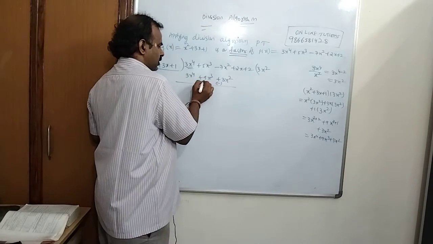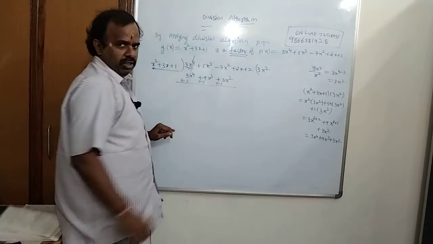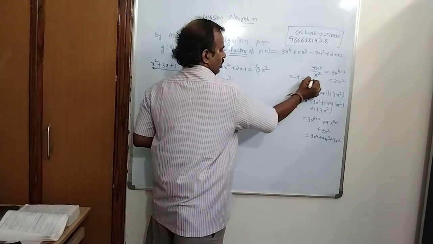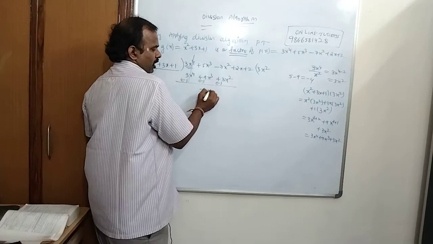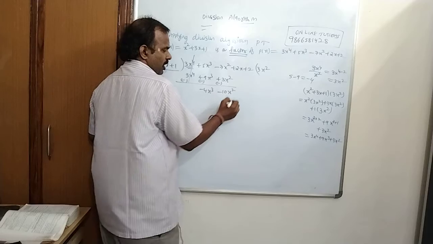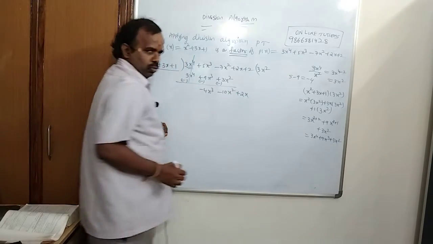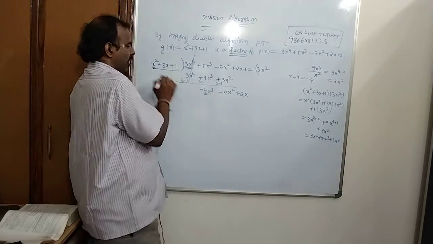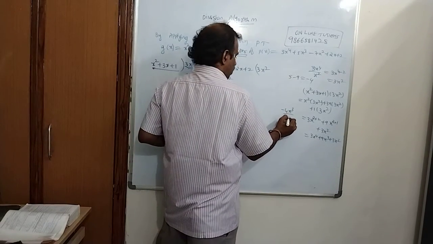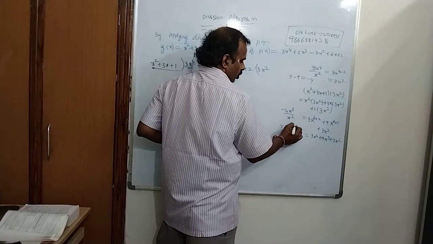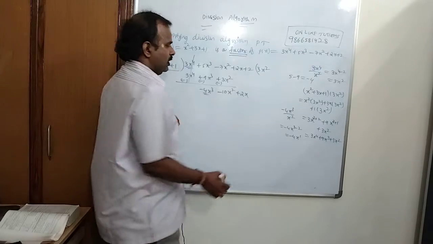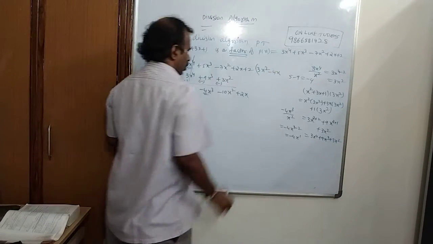So this is minus and this is minus. These two will get cancelled. Now 5 minus 9 is equal to minus 4. So minus 4x cube, minus 7 minus 3 is minus 10x square, plus 2x. So minus 4x cube and x square. Once again you divide minus 4x cube by x square: minus 4 into x power 3 minus 2, x power 1. So minus 4x.